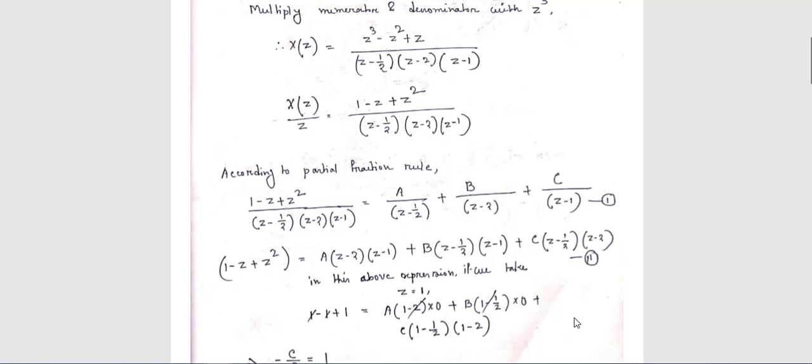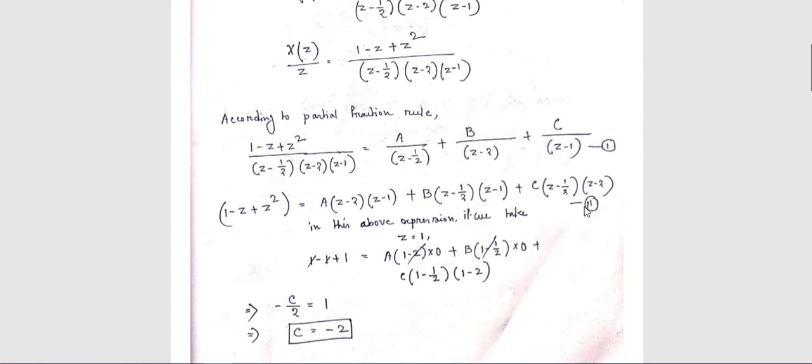For this, the rule is in this above expression. That means this can be written as this. Now if you take this part, this denominator part will be multiplied with A, with B, with C, like this, and after simplifying this you can write 1 minus z plus z square is equal to this expression. Okay, now in the above expression you have to calculate the values of A, B, C.